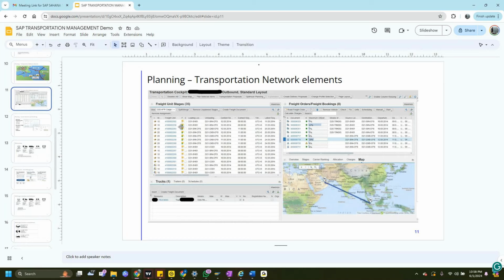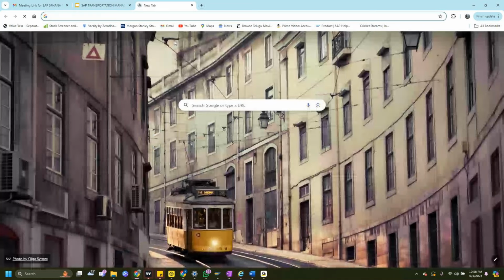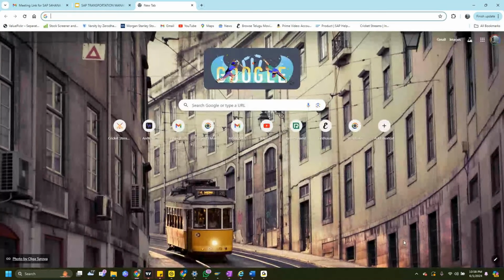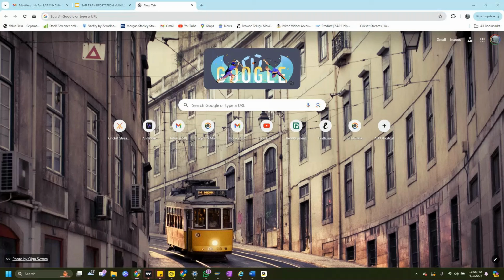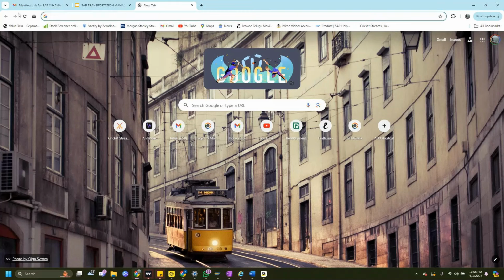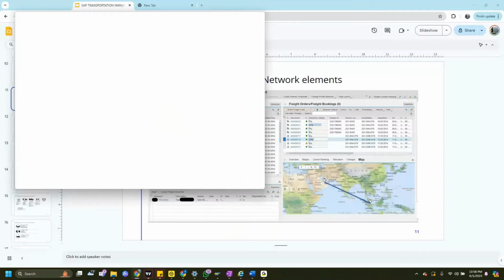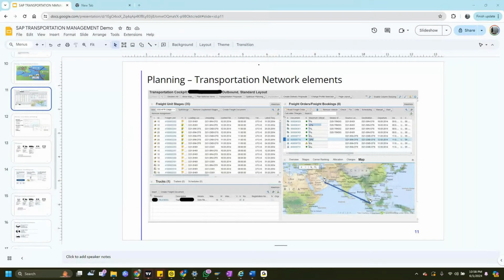I'll show that in detail in the system, or I'll keep showing it in parallel. One second, I'll open the system too.